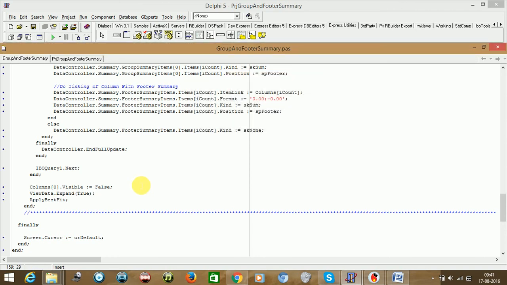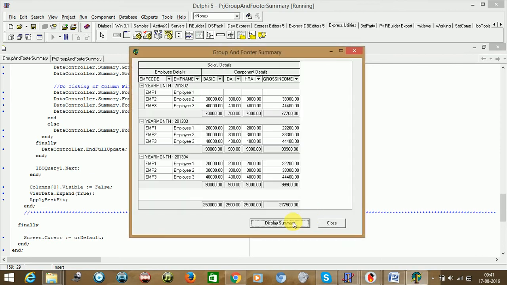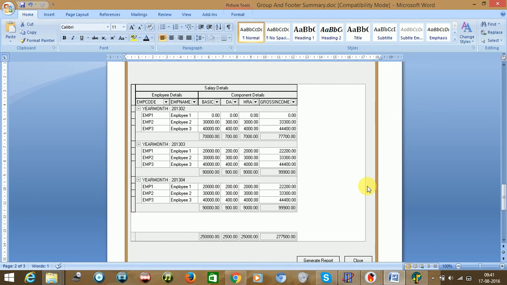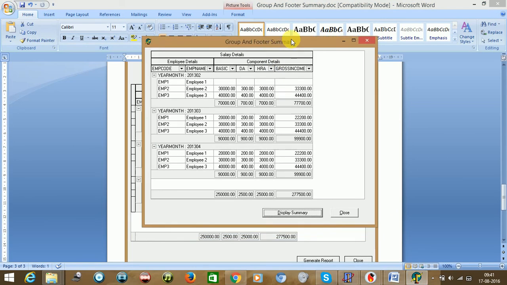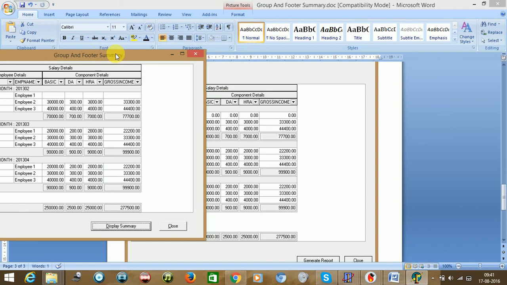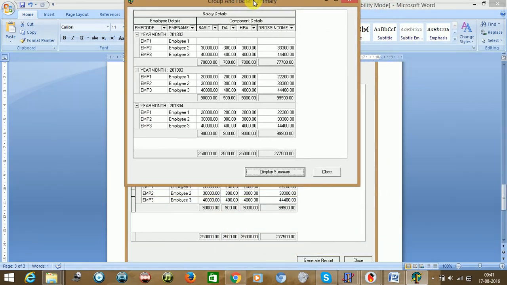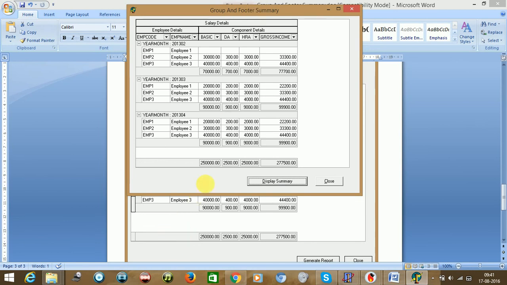Let's try to run it. Yep. See, only year month here it is coming, here it is not coming, and the data. Now let us check with this value. The values are same.